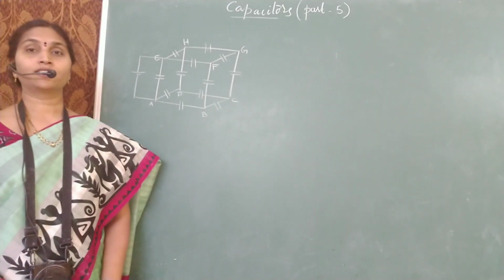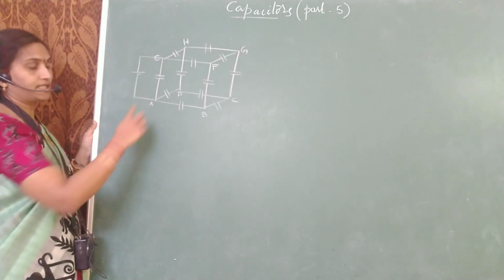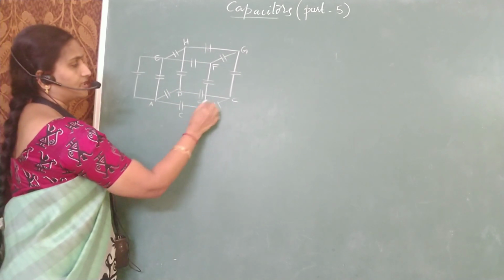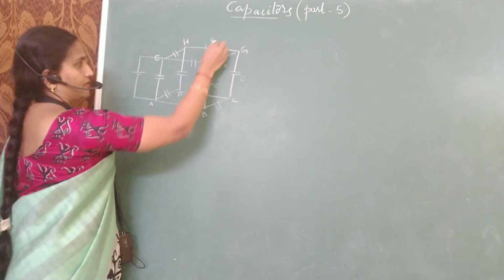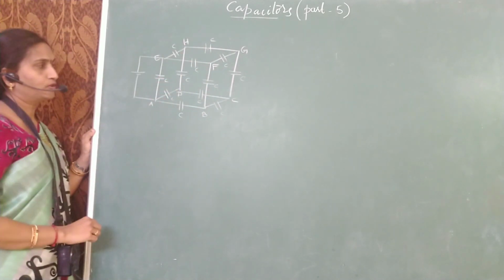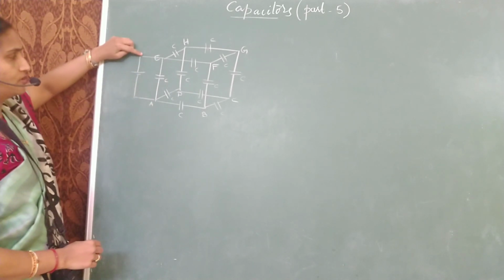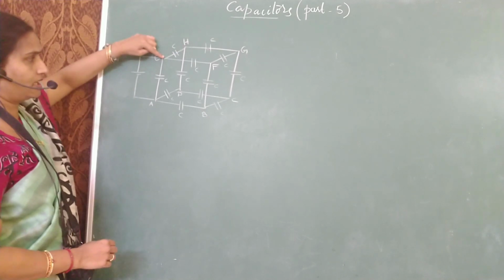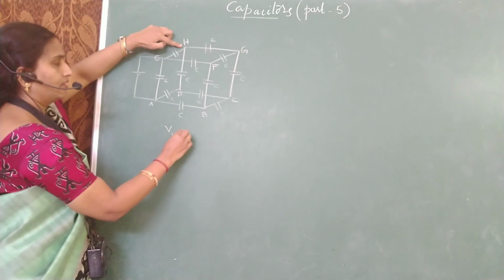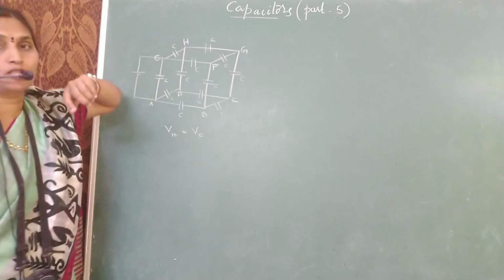Now coming to calculating the capacitance across the edge of a capacitor. That is across the terminals A and E. I took the same diagram. Let each capacitance be C. Let us make a simplified circuit. Before that, since the charge is entering from E and leaving from A, from E, H and F are at equal distance. So potential at H will be equal to potential at F. I am identifying the equipotential points.